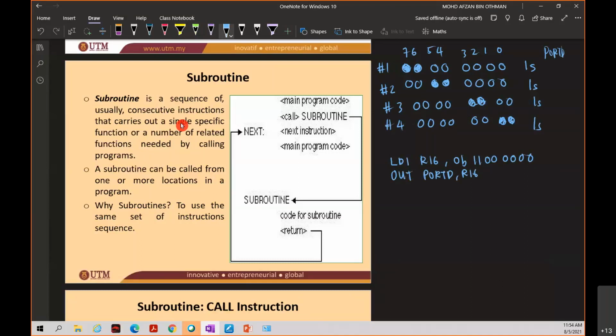Okay, berapa lama LED ni nak nyala? 1 second. So kat sini kamu kena buat programming untuk generate 1 second delay. Okay, mungkin panjanglah dia punya programming ni untuk generate 1 second delay. Okay, mungkin 10 line, 20 line, kita tak tahu. Okay, and then next second sequence